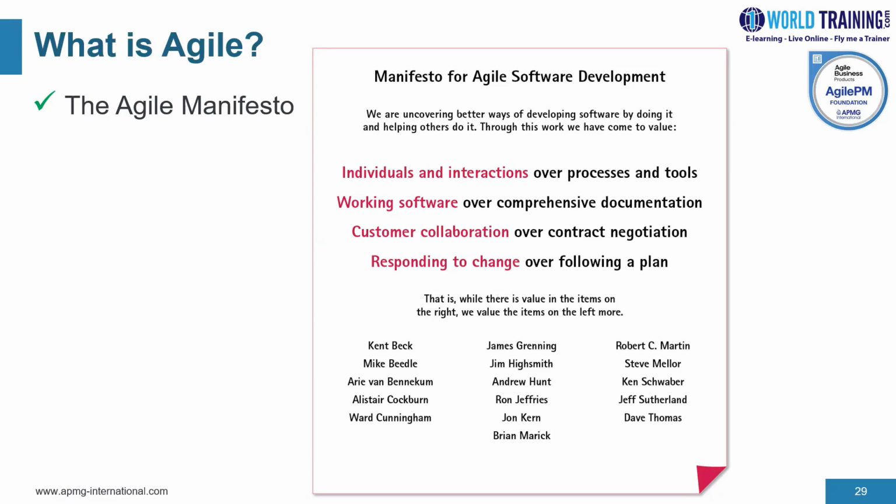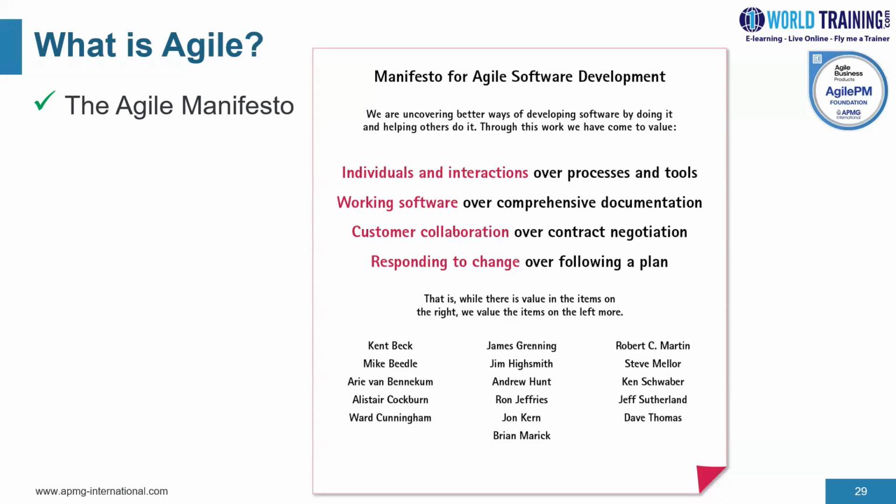So what these folks did over a period of 2 days was come out with some ideas in terms of the manifesto. If you look at the opening statement up on the top, we are uncovering better ways of developing software. By the way, Agile is not necessarily restricted to software. It could be applied to other product environments, but it initially began with the software environment. By doing it and helping others do it, through this work, we have come to value: